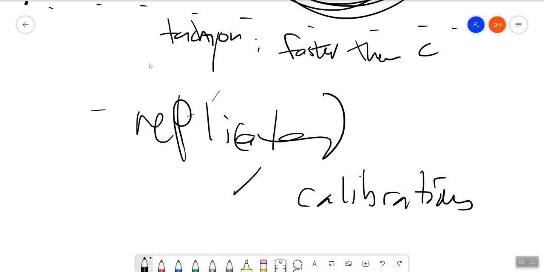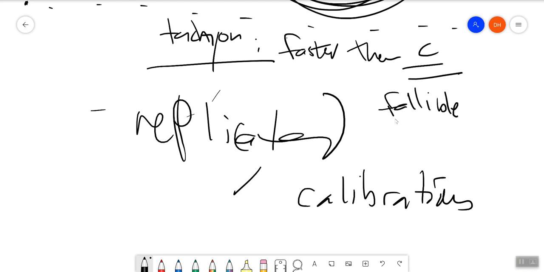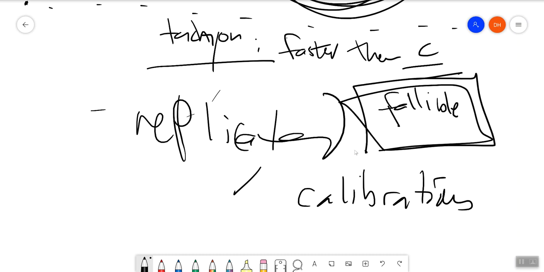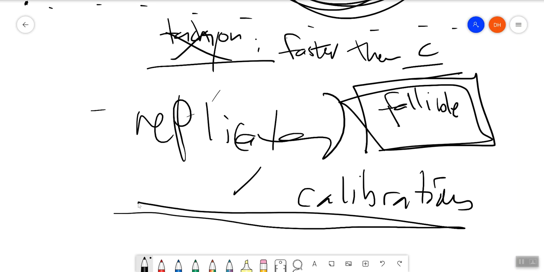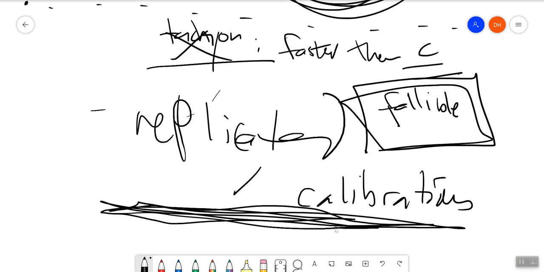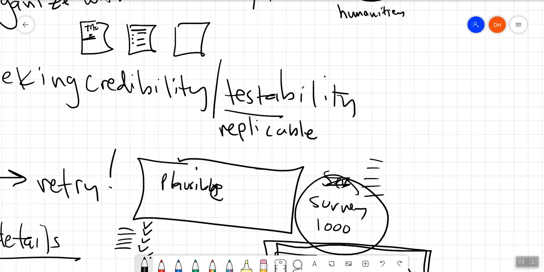If they had proven that something can travel faster than the speed of light, it doesn't mean that all of physics is wrong. It just means that we have to revise some of it because it's fallible. Here we had falsification. So this experiment was proven to have been incorrect. It was kind of just an interesting example. So sometimes tests are replicated, other times they're not, most often not. But anyway, that is a discussion of